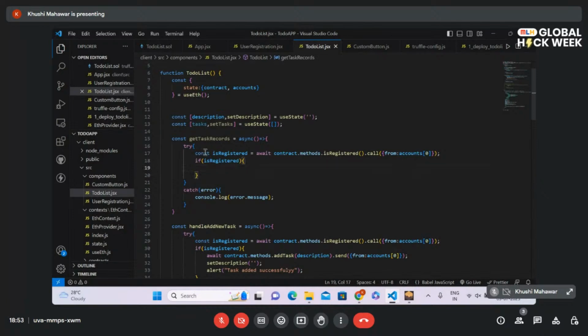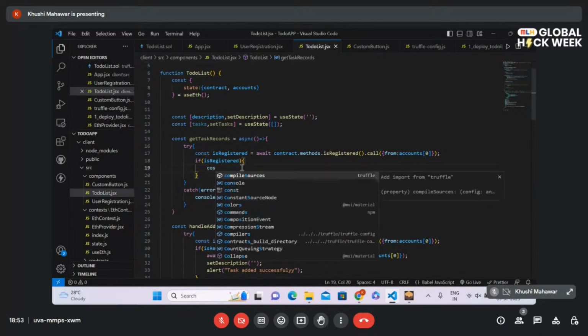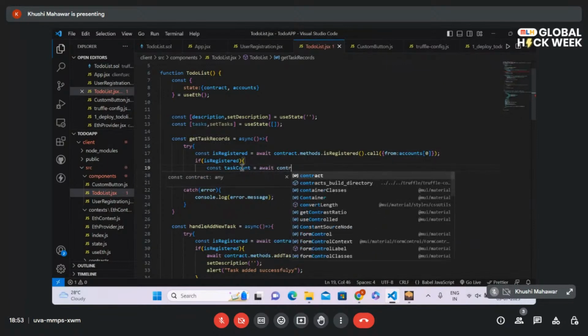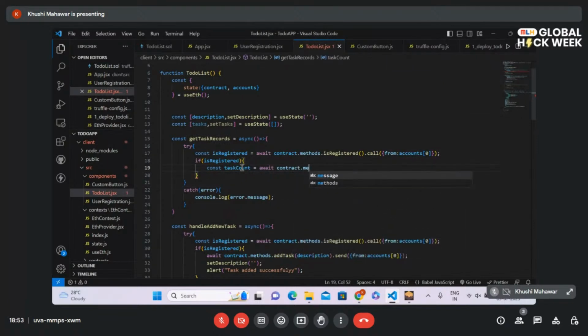So I have checked whether the user is registered, and then let me fetch the task count. I'm saving the task count in this variable. To fetch the task count, we all know we'll have to make use of contract interaction. Using this,